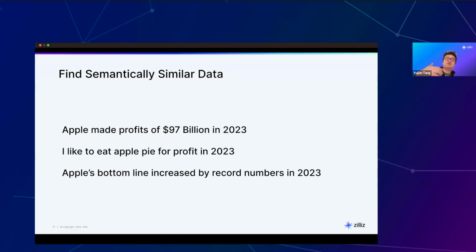So prior to vector databases, the way that search across text was done was through keyword search. And with keyword search, you would look for specific keywords. And if I were to look for the examples of Apple, profit, and 2023, I would get back the first 2 sentences. But actually,